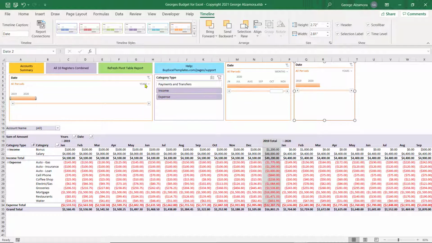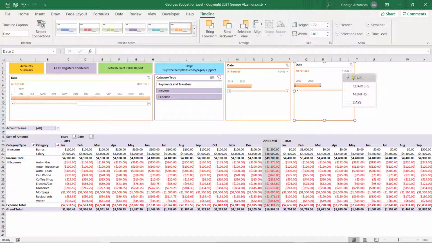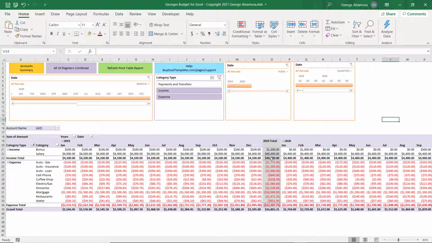Now what we're going to do is change each of these to a different time period. We're going to use months for this one, years for this one, and quarters for this one. Okay, so what this is going to allow you to do is quickly flip between the different time periods without having to select all of these. You can do another one here for days, but let's just say that we use these three time periods mainly,